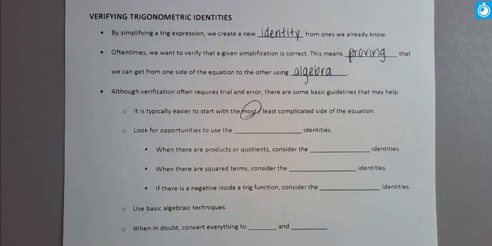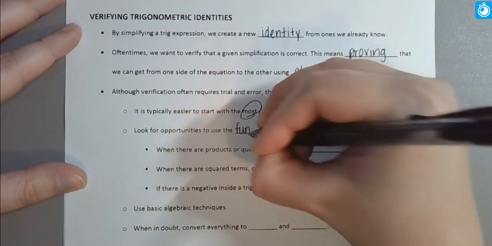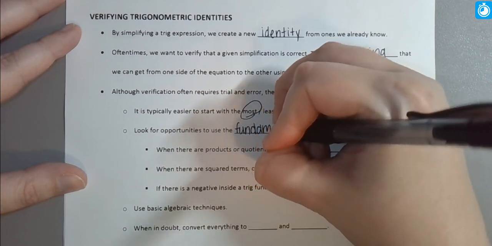If you start with something that's simple and make it more complicated, typically that means you have to supply things that weren't already there. And knowing how to supply things that aren't already there is typically a very complicated, very difficult thing to do. So we're going to start with the more complicated side of our relationship that we're attempting to verify. So one good strategy: look for opportunities to use your fundamental identities, your reciprocal identities, your quotient identities,